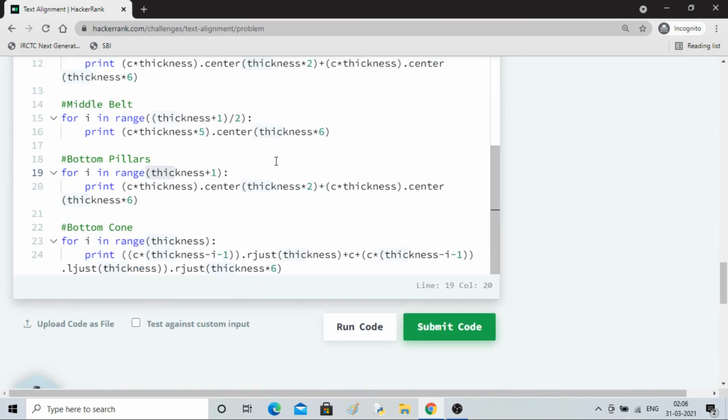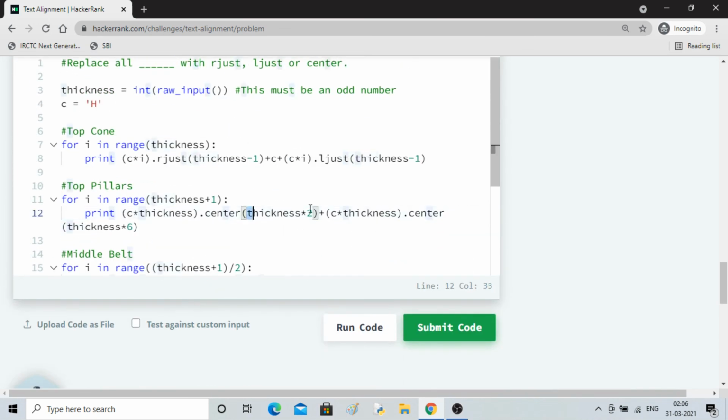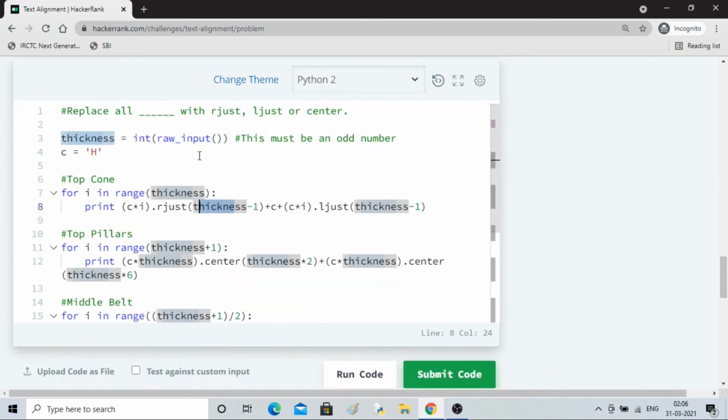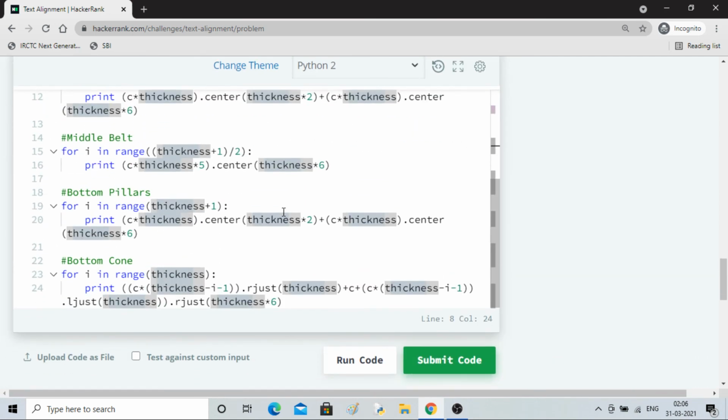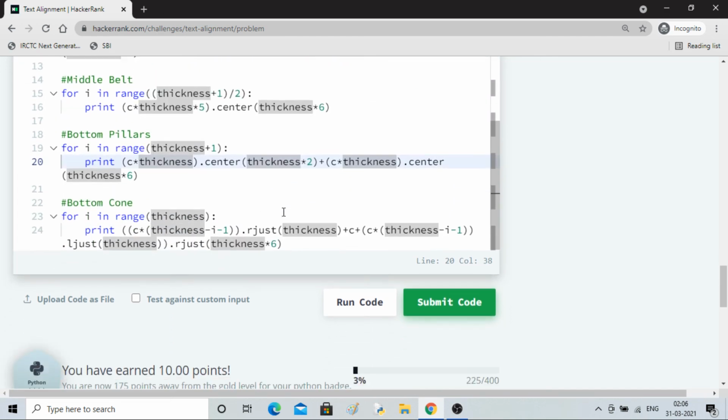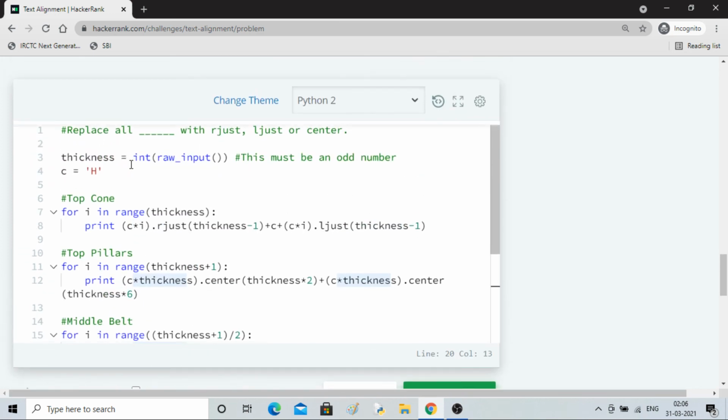If you are interested, you can run these codes. You can see how it is working using the thickness value they are using, but I don't want to go into this because it looks very complicated to me. Seriously, it looks complicated. You can see the way they are using the expressions. It looks difficult, right? So it's your wish if you want to do it.